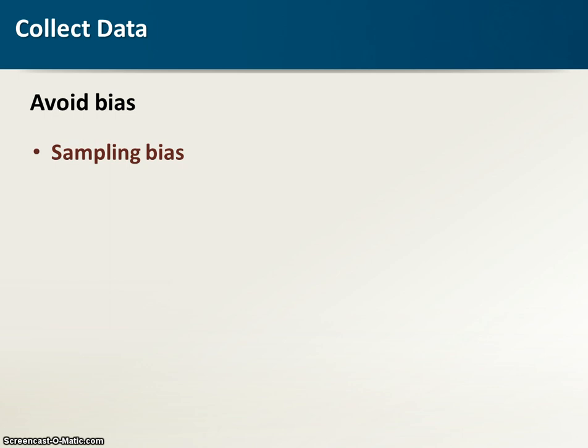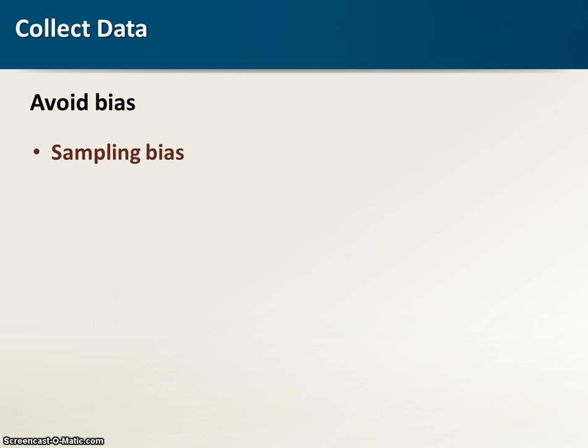So the first one we have to look out for is sampling bias. And this is what happens when you have a non-representative sample. So remember that there's always a group of people that's your population that you want to answer questions about, and your sample needs to look like your population. If you want to know about all Americans, but you only survey men or you only survey teenagers, you're going to have a biased sample.